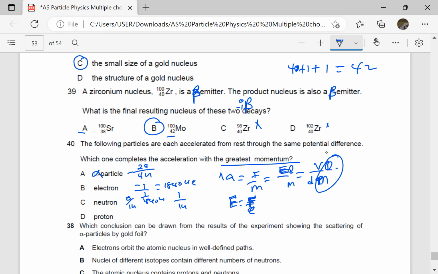I've been dividing the charges. For an electron, it is negative 1e over its mass, which is 1 over 1840u. For the neutron, charge is 0 over its mass, which is 1u. For the proton, charge is 1e over its mass, which is 1u. So for an electron, when you take the reciprocal of 1 over 1840u, it has the greatest charge to mass ratio. So the question is, which one completes the acceleration with the greatest momentum? For the same PD, the electron has